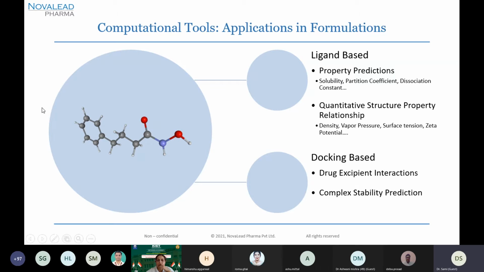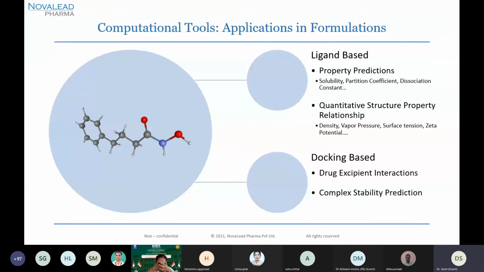Then you can also use docking. Since we talked about ligand-based and structure-based, I'm just trying to bring those techniques and show you how those are important in a formulations scenario. So when we are talking about docking-based, yes, usually you people are more used to studying target molecules or enzymes or proteins, and the binding of small molecules. Here, in the case of formulated products, we are not talking about proteins, but definitely we are talking about two molecules interacting with each other. Maybe one is the API itself, the active pharmaceutical ingredient, and the other one is the excipient, for example. So drug-excipient interactions.